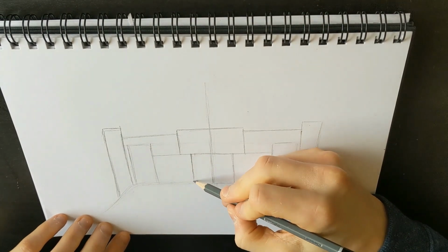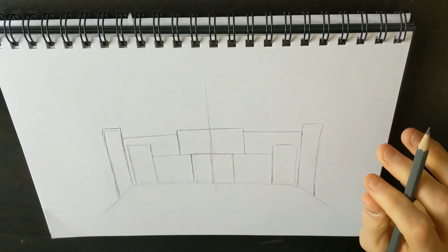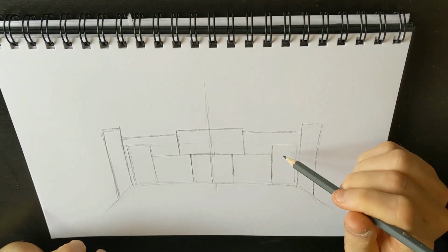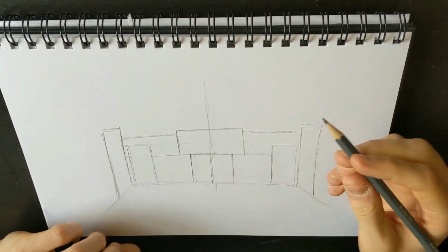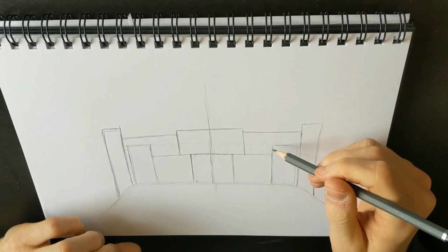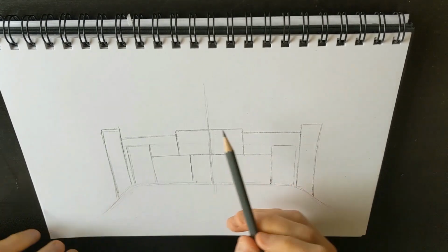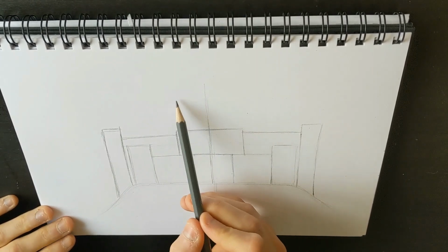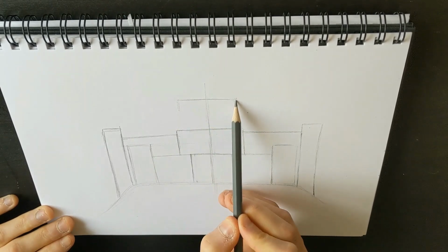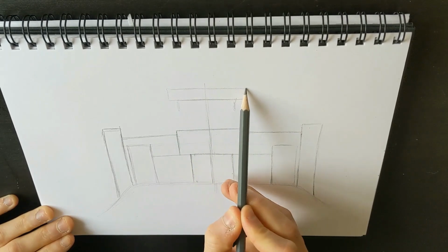So our next step is to actually put some detail onto here, because at the moment we've just got lots of rectangles, which isn't what we're aiming for at the end. So on the top of each of these towers we need to put what you call battlements on. And the way we're going to do that is by drawing a rectangle and then putting little rectangles on top of that. So basically, I'll show you what we're going to do up here. If this was the top of our tower, like here, so don't draw this bit now, we would draw another rectangle on top, like that,